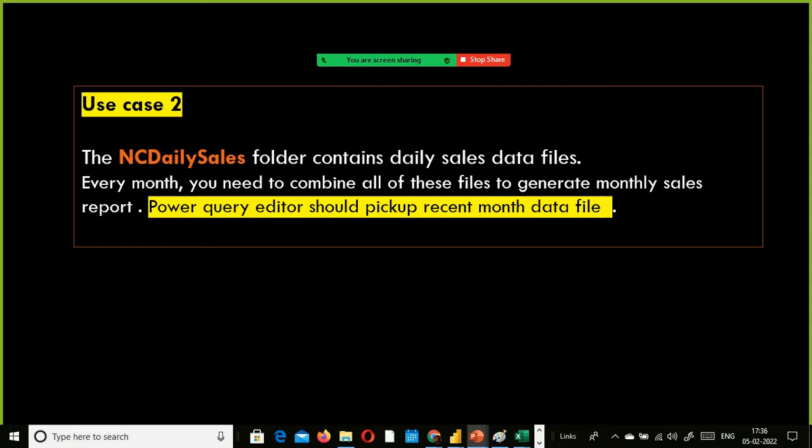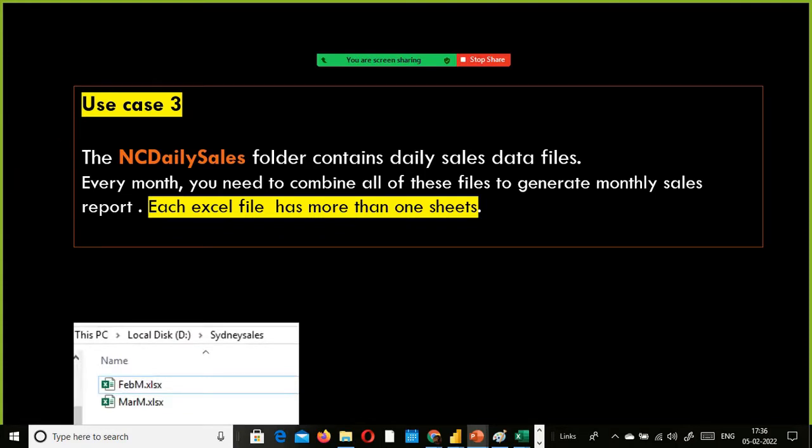And for these two use cases, we discussed the prerequisites, right? So now we go one step further and extend those two use cases with this one. In this use case, I will walk you through an advanced technique. Let's say you need to combine all the Excel files in this folder, including the subsheets which are part of these Excel files. Earlier we did not have subsheets in those files.